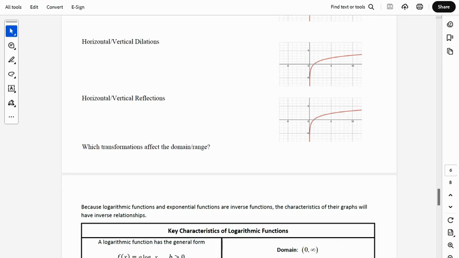I want to go over those couple of problems that I skipped during the notes. I had a little brain freeze and just want to go ahead and go through those. So horizontal and vertical dilations: if it's a horizontal dilation, it might look something like log base 2 of 2x,